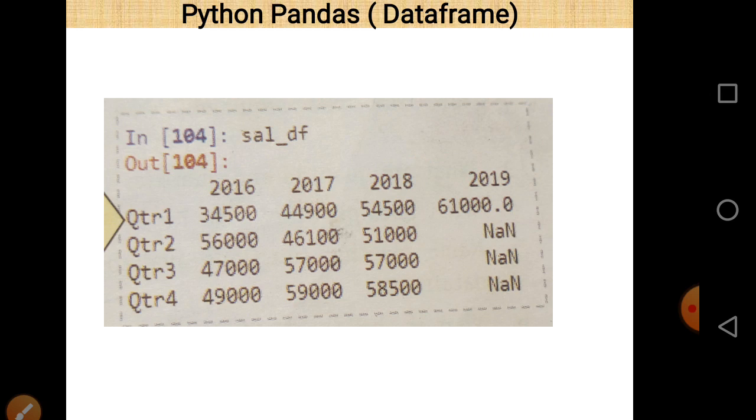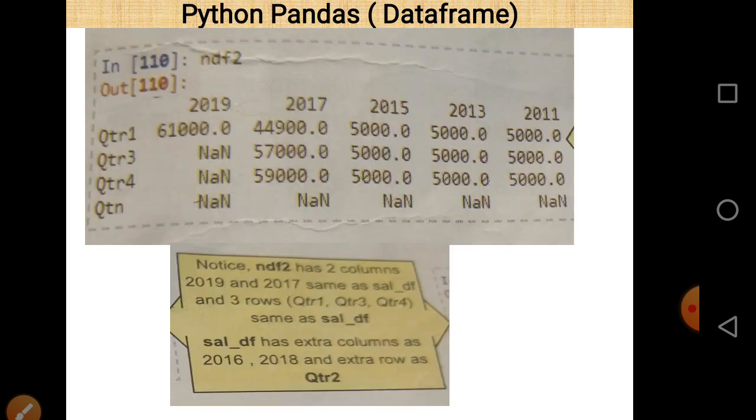Yes, so Q2R2 is a part of the SAL_DF data frame, and Q2R2 is not part of NDF2. So here we take two different data frames, which are different in terms of some column names and some index names. Some of them are even the same in both data frames.